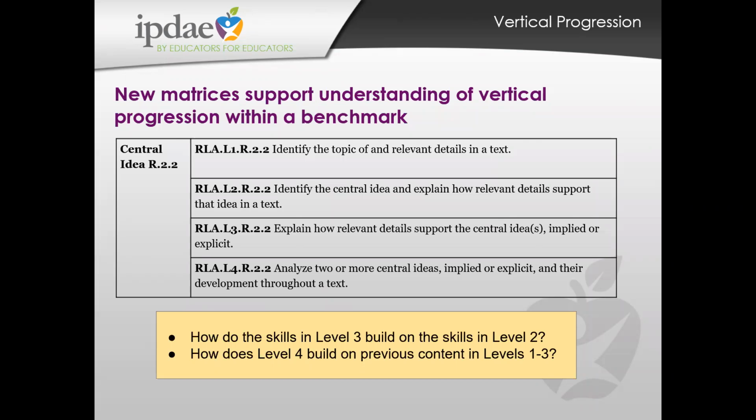So a couple of things I'd love for you to notice here. First, notice on level 3 that one of the things that's different is that the central idea might be implied. As we think about levels 1 and 2, in many cases the texts we are using are going to be less complex than the texts in levels 3 and 4. In levels 1 and 2, those central ideas might be more explicitly stated, sometimes right at the end of the first paragraph, and so we can support students in identifying and thinking about those.